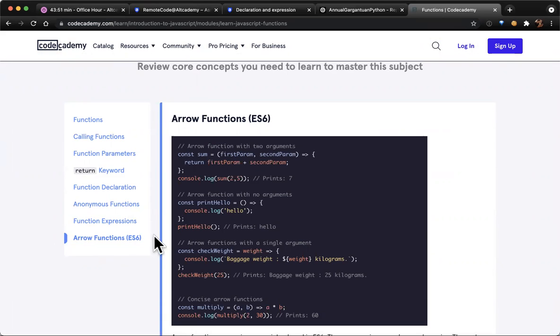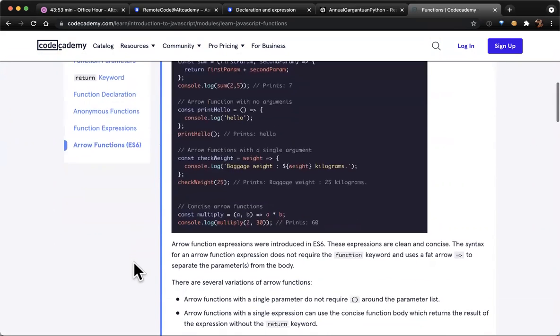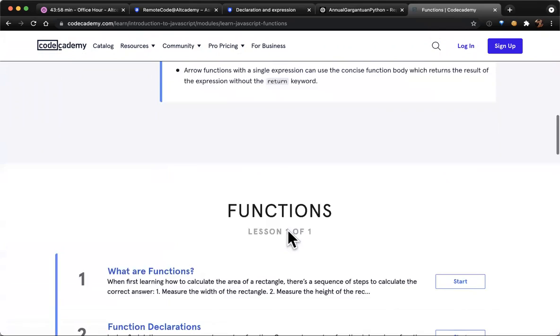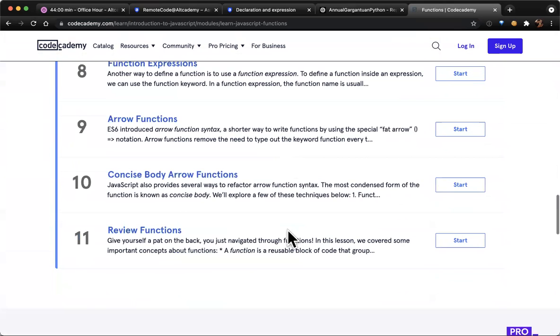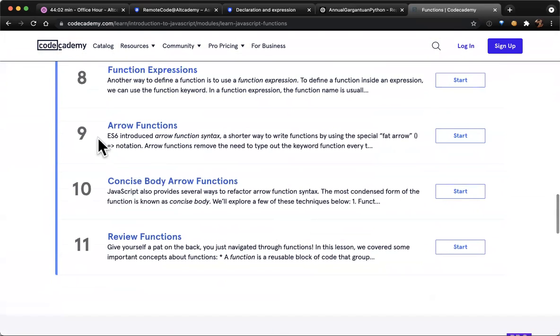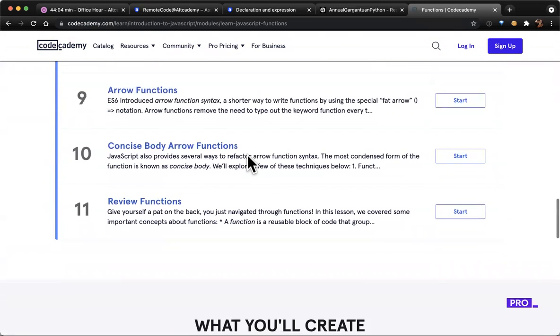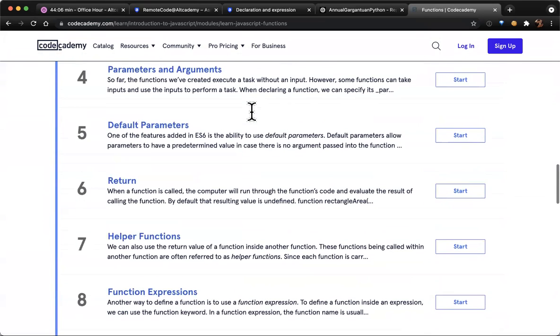We go through arrow functions in React, so in the future you will learn it. Just skip arrow functions. It's going to confuse you more. I think this should help.